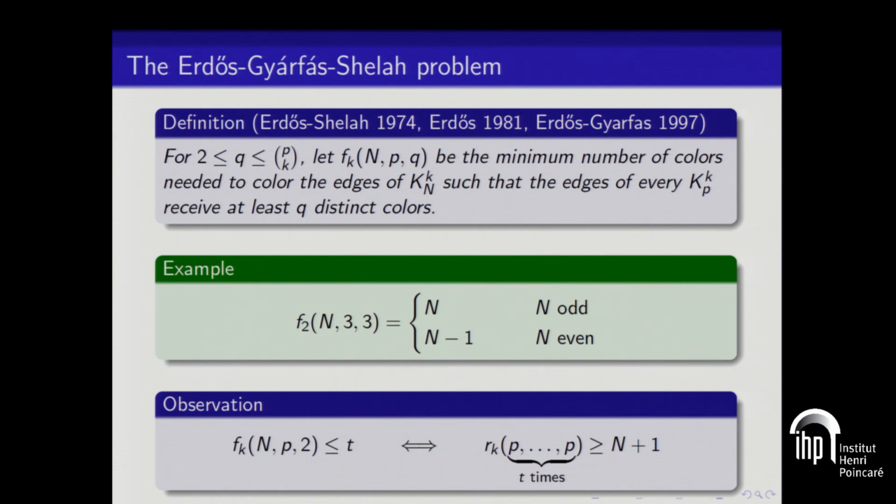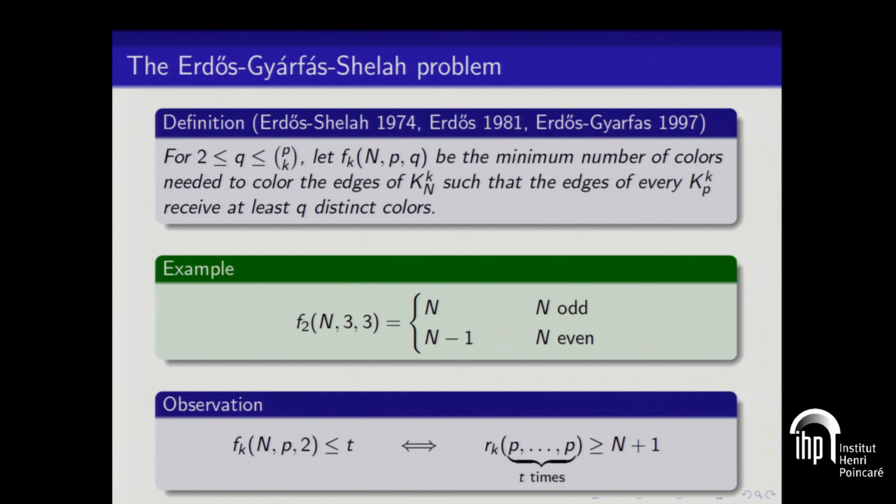Let's make sure we're on the same page. Let's do a simple example, F(n,3,3). Well, what is that? That's the minimum number of colors to color the edges of a graph such that the 3 edges among every 3 points receive at least 3 distinct colors. Well, that's another way of saying that no 2 edges of the same color are incident to each other. So in other words, you're interested in a proper edge coloring, the edge chromatic number of Kn. And the edge chromatic number of Kn is n or n minus 1.